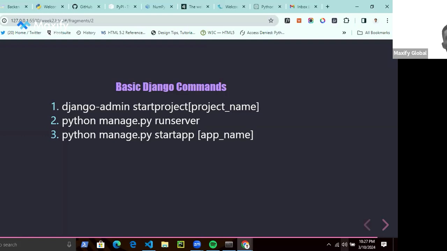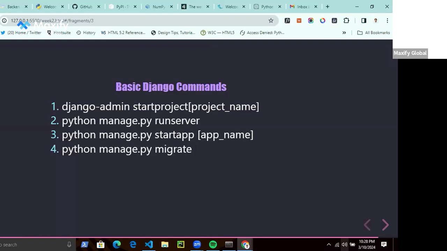Now I'm going to tell us, in a Django application, we have things known as applications. Now, applications, you can think about them as a sub-component of your entire project. I'm going to talk about the difference between a project and an app very, very soon after this. So python manage.py startapp name is a command that helps you to create an instance of an app.